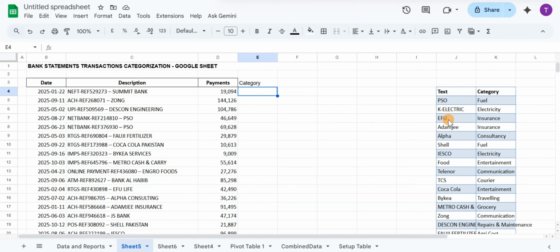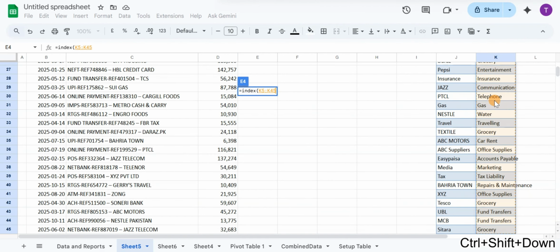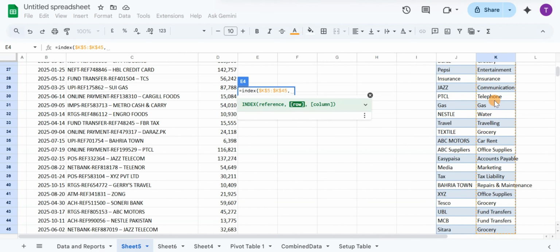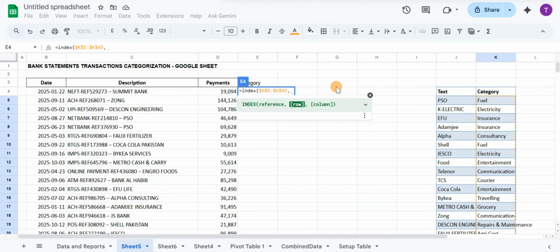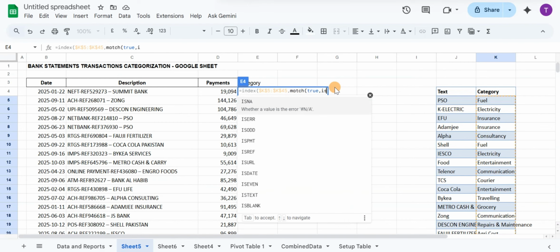So the objective is the same. Look for this search text in this description and bring the category from this column to the category column. Index function, let's select from here, down arrow, then press F4 to freeze it, column, comma, and then the match function. Match element, and in the match function we will add true as number,